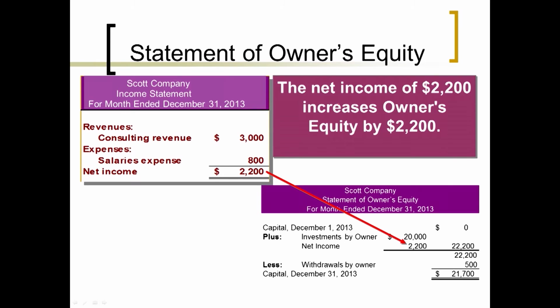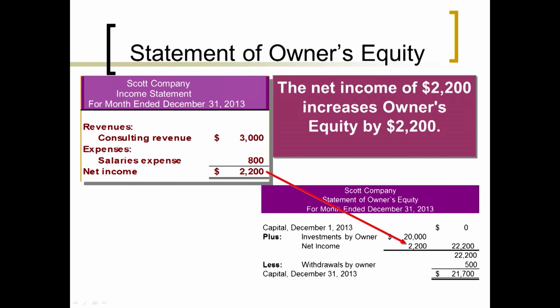Now, keep on this slide here. You might say, now, Dave, I think you lied to us, because it looks like net income increases capital. But that wasn't one of the options on that quiz, was it? I told you revenues increase capital, expenses decrease capital, right? Well, I did not lie to you. All revenues increase capital. All expenses decrease capital. But on the statement of equity, we usually just take the net number over there. Does that make sense? We don't add 3,000 up top and then subtract 800 down below. We just find the net number, and if it's a net income, we just add that to the beginning balance.